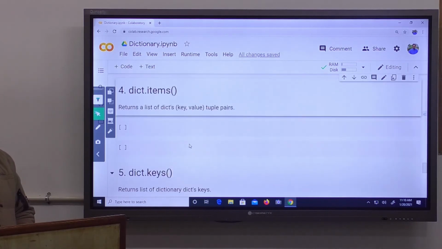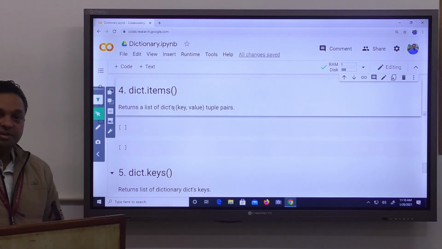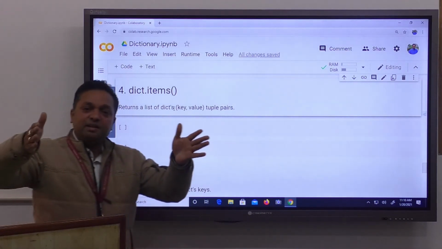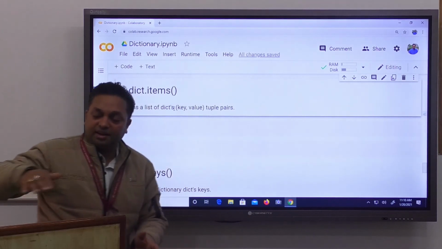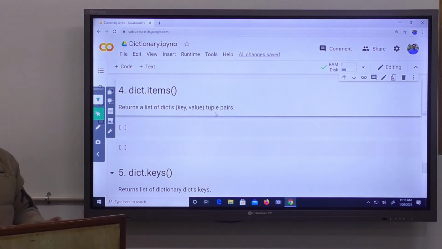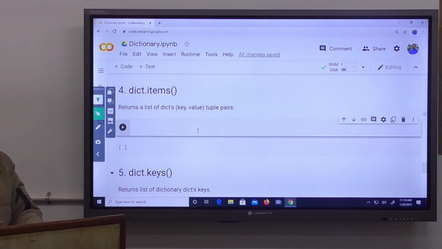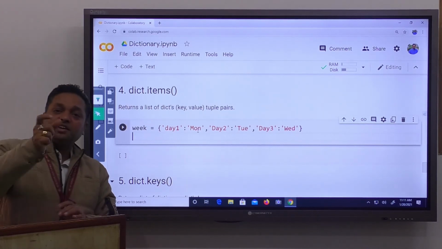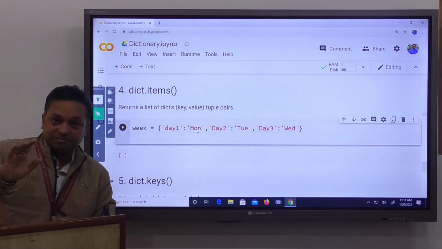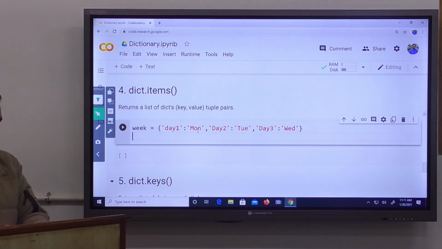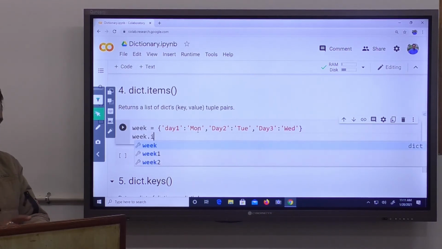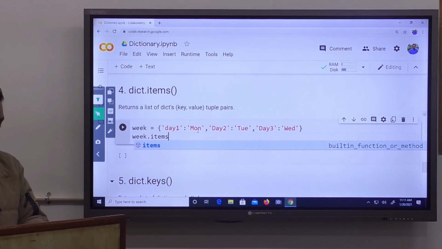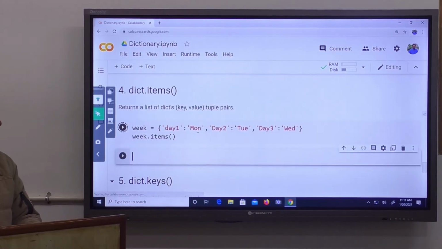The next method is items. The items method returns the whole dictionary, but as a list rather than a dictionary, and the key and value will be in tuple form. For example, suppose I have a dictionary and I want to get all key-value pairs as a list. So we will apply items, like week dot items, and run it.